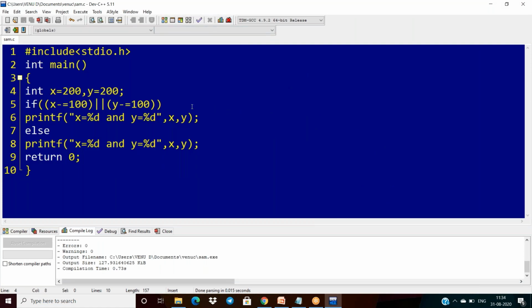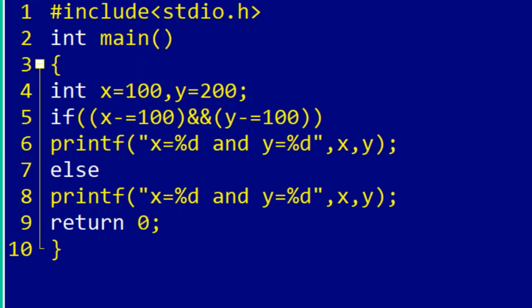But one more scenario: I have to make this 100, and I am using logical and here.